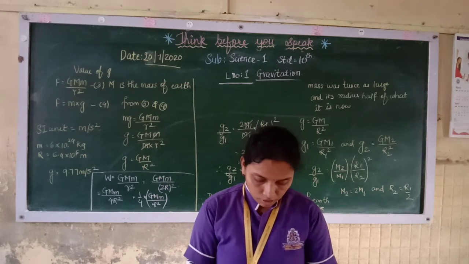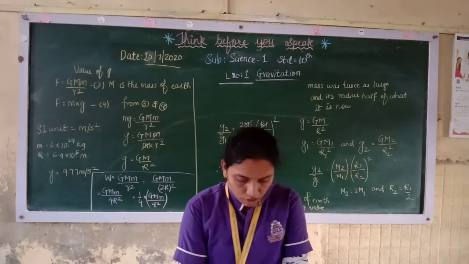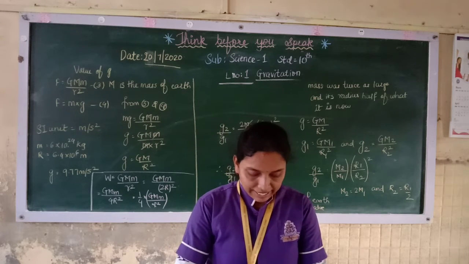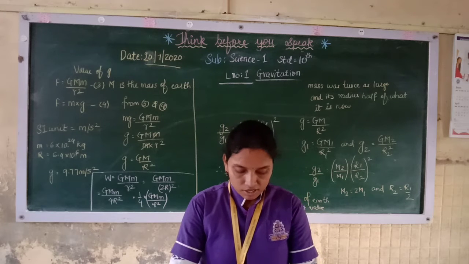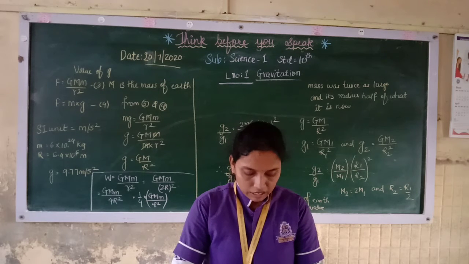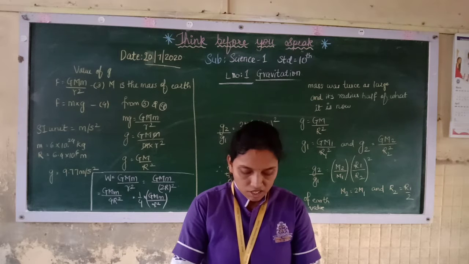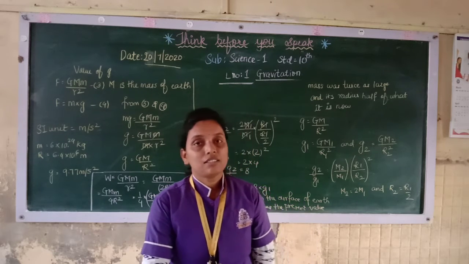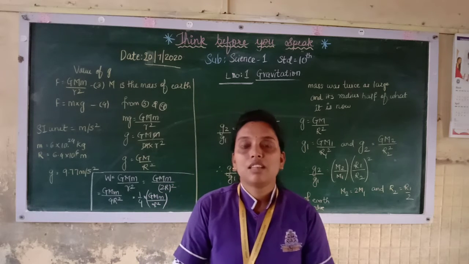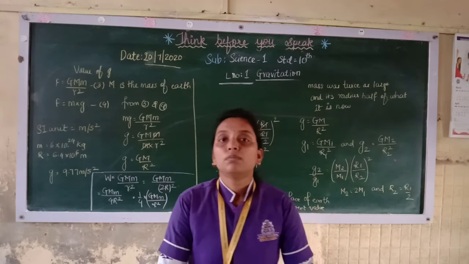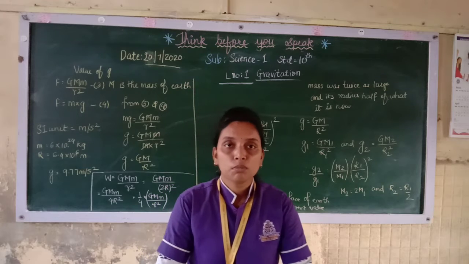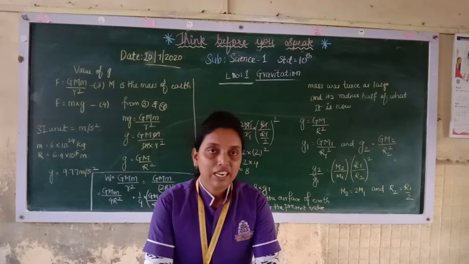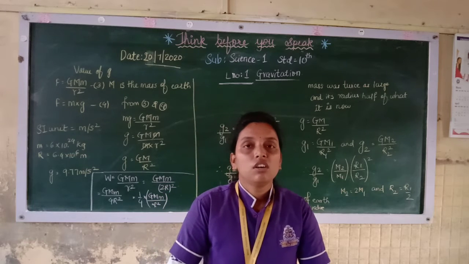Further, now we have studied about the tides. You must be knowing about the high tide and the low tides that occur regularly in the sea. The level of the sea water at any given location on the seashore increases and decreases twice a day at a regular interval. Now the high tides and the low tides that we get in the sea are a result of the gravitational pull of the moon. Even the moon has a gravitational pull. Because of that, we are getting the high tides and low tides on the earth.